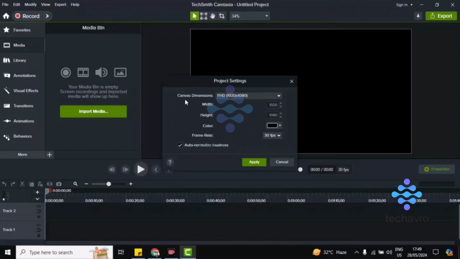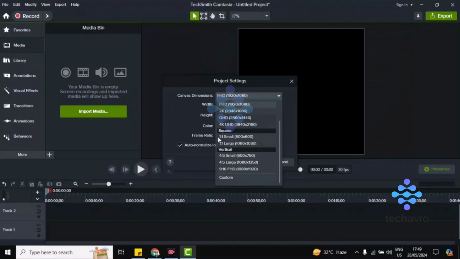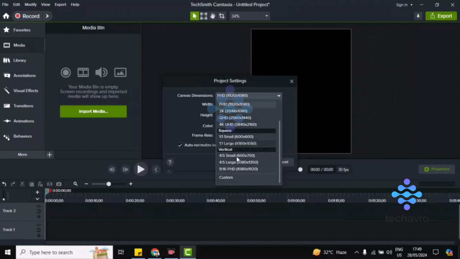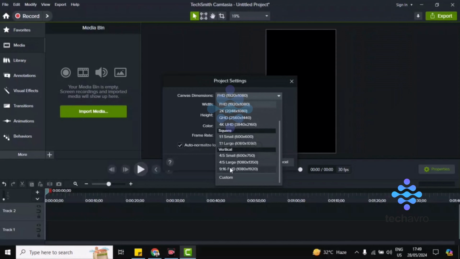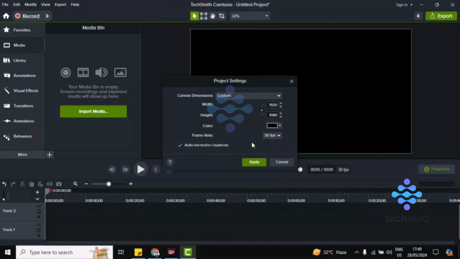Then you can see here canvas dimension. You can click on the drop down menu and you'll find many resolutions here: 2K, 4K, 1080p, or any resolution you can choose from here. Or if you want to use a custom resolution, click on custom, this option, and then you can enter your